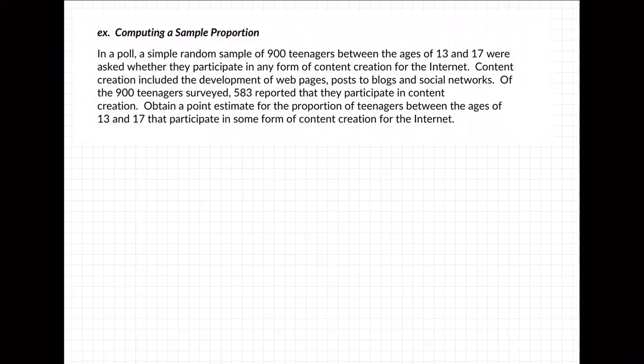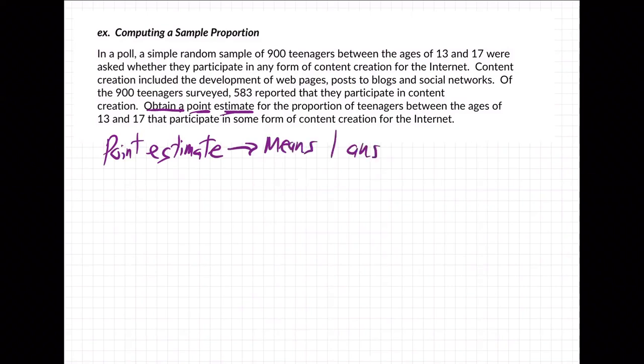So what do they want us to do exactly? What are they saying? What does this mean? Obtain a point estimate. A point estimate. So you got to get kind of used to that verbiage. A point estimate, which means one answer. As opposed, you might think, don't we always give one answer? What are you talking about? As opposed to an interval. Not an interval. So in other words, one answer like,